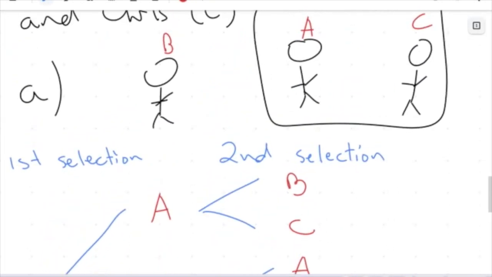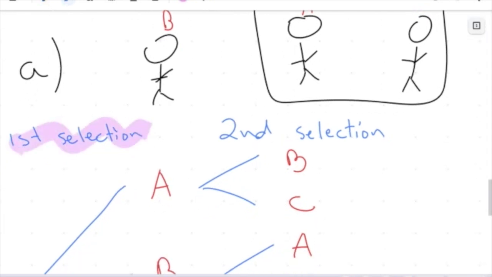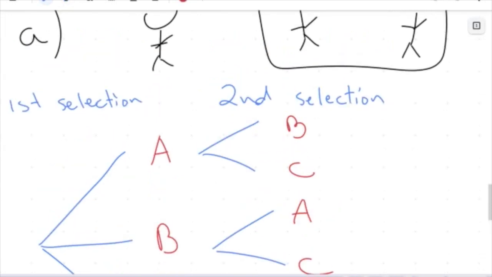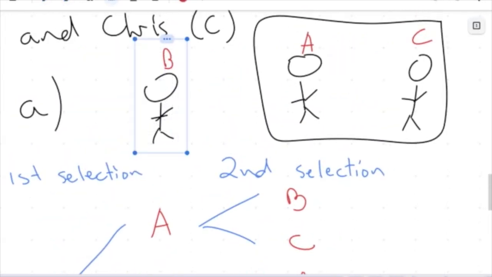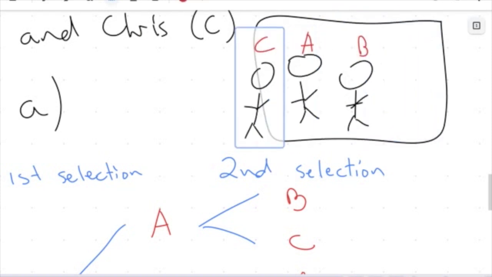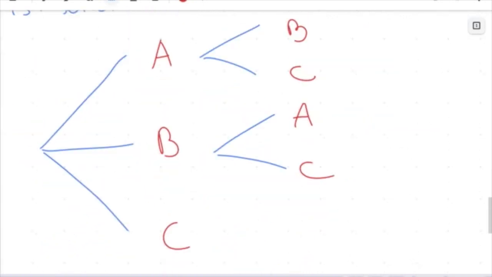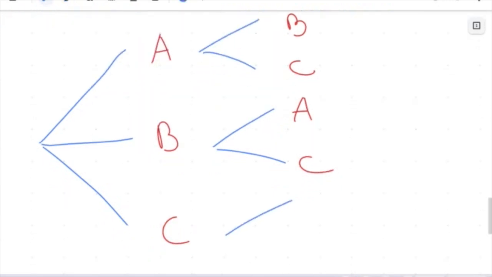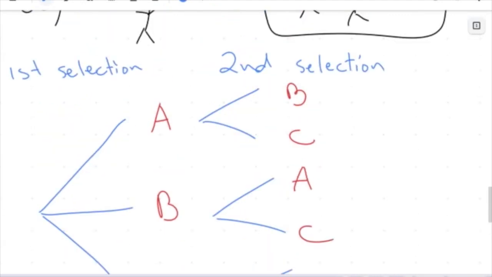We're not putting Brad back into the pool. He's been selected first under this first selection, and then this is without replacement. So we're not putting him back in. We only have Anna or Chris to choose from. And finally, let's pop Brad back in there, and we will pull Chris out. This is our last option for our first selection. So this is Chris getting pulled out, and hopefully you can see by now that for my second selection without replacement,